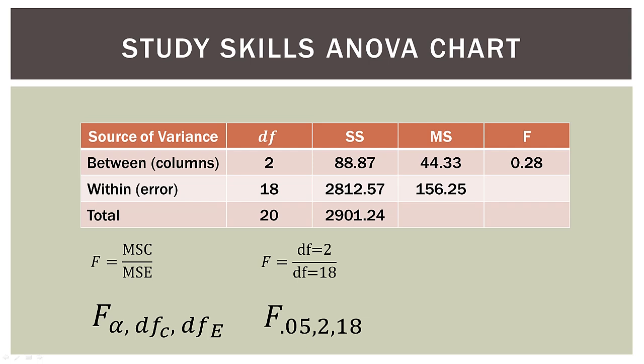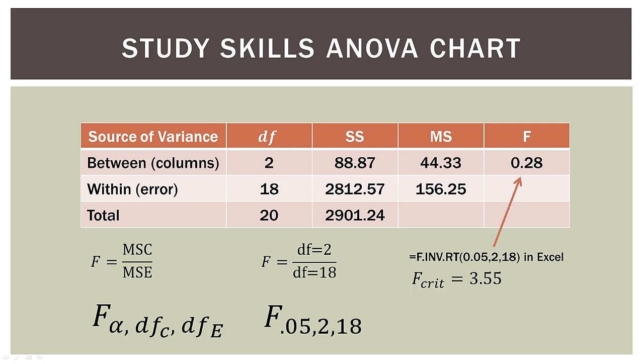So we need to find the critical value of F with an alpha of 0.05, a numerator degrees of freedom of 2, and a denominator degrees of freedom of 18. And we already learned how to do that in a previous video. Now the easiest way is to go into Excel and use the F.INV.RT function. That's the F distribution, the inverse, right-tailed, that's what all that stands for. And then we put in those three parameters. So an alpha of 0.05, a numerator degrees of freedom of 2, and a denominator degrees of freedom of 18. So when we put that into an Excel cell, we will get an F critical value of